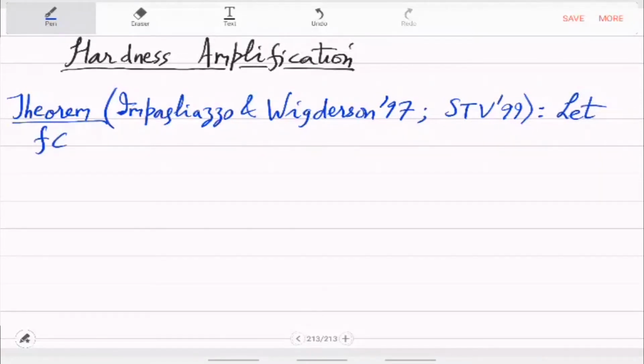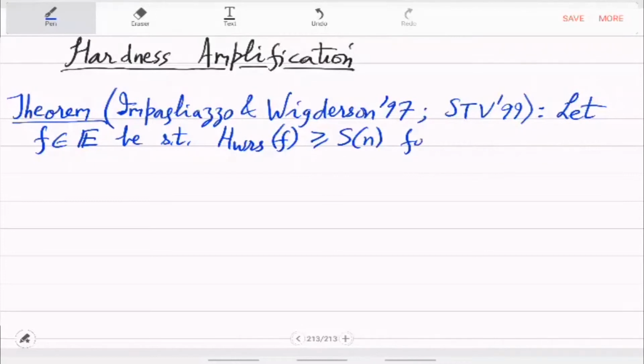So if f is this exponential time computable Boolean function which is circuit hard, harder than, let's say, S of n, that's the worst case hardness parameter,